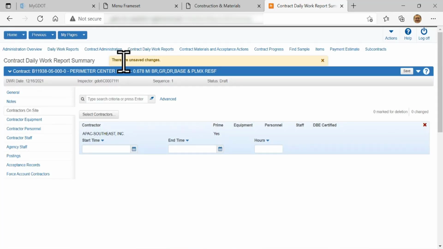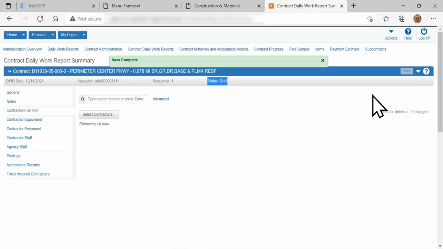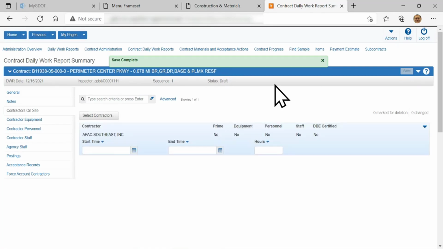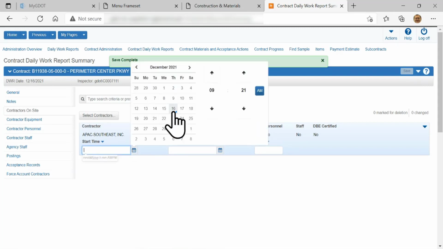Again, you'll see that, look, I'm unsaved again. So even though you save it, as long as it's in draft status, you can make as many changes as you want to. If it isn't saved, and I turned off my computer or something happened, it wouldn't have this captured in there. So it's always good to make sure you click on your save button and update it so everything can be included in there. And you can see there's the APAC Southeast. I can come down here and set their start time. They started today at 8 o'clock. And I'll fill that in.